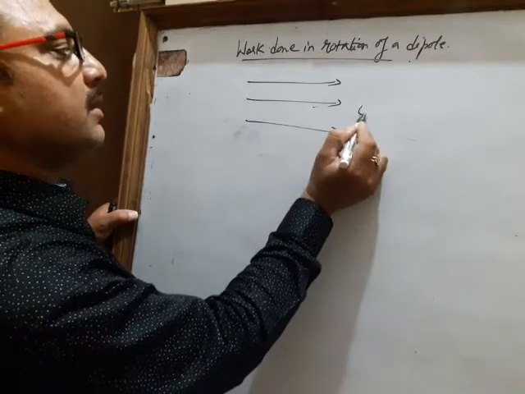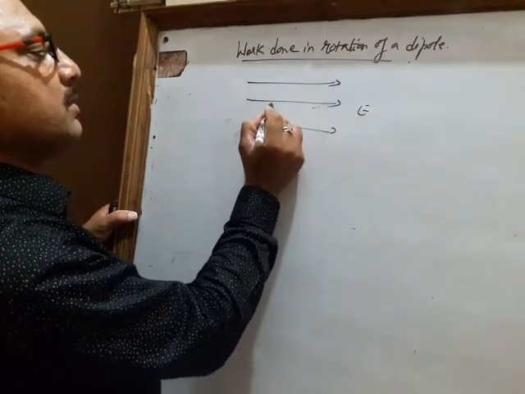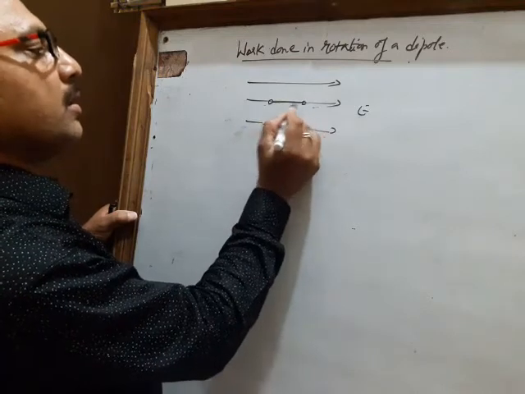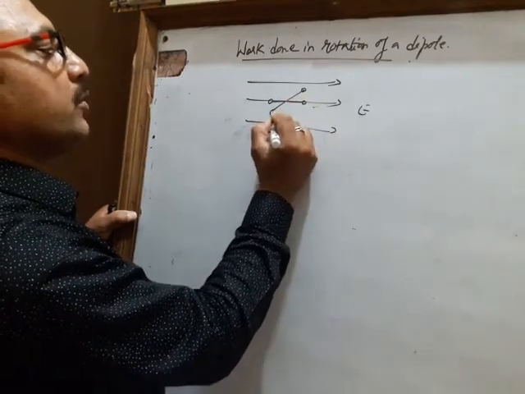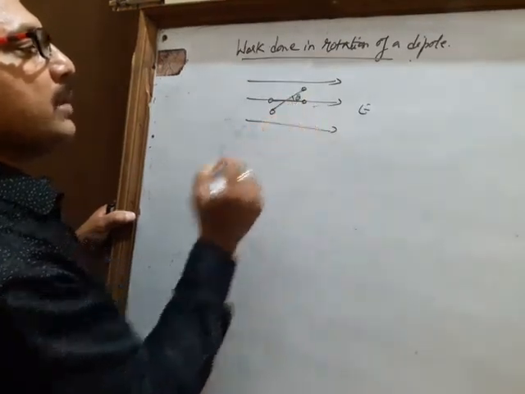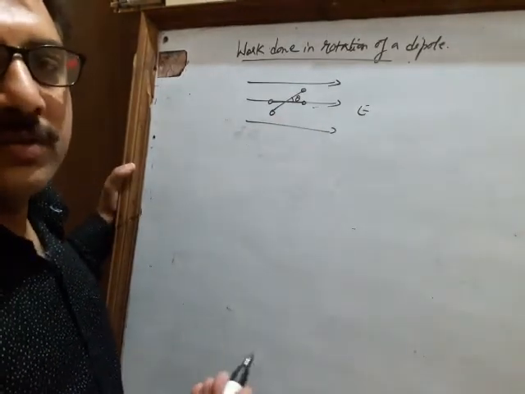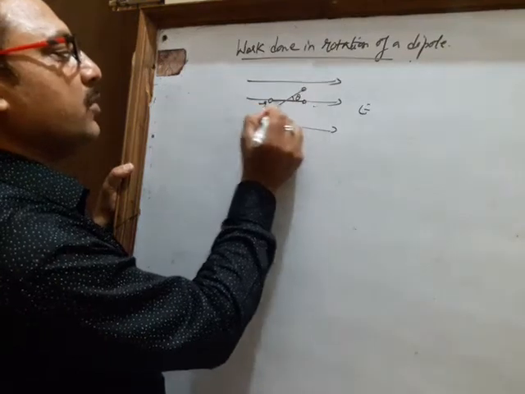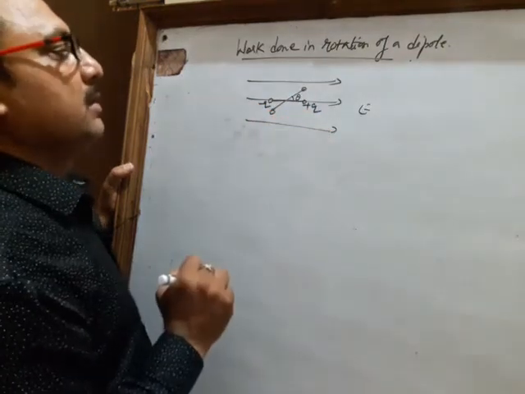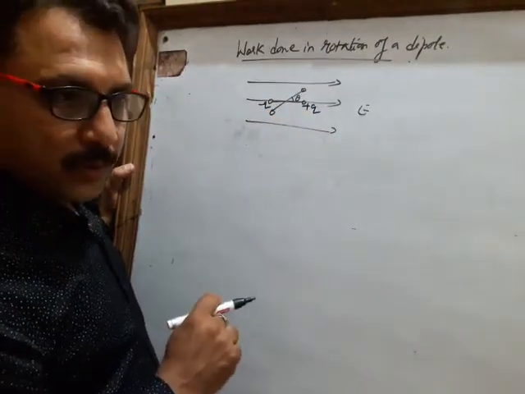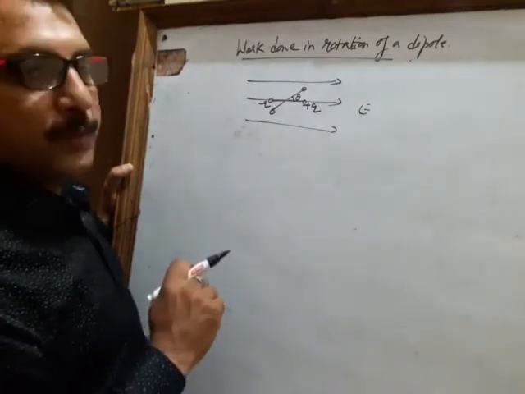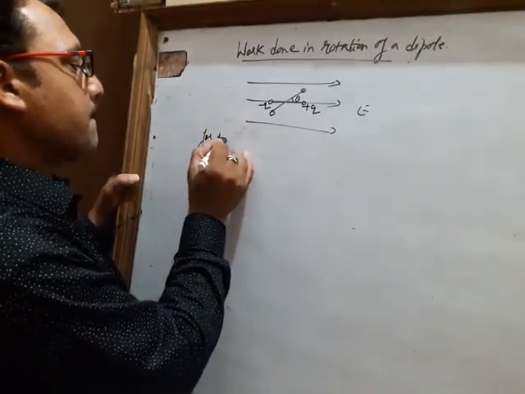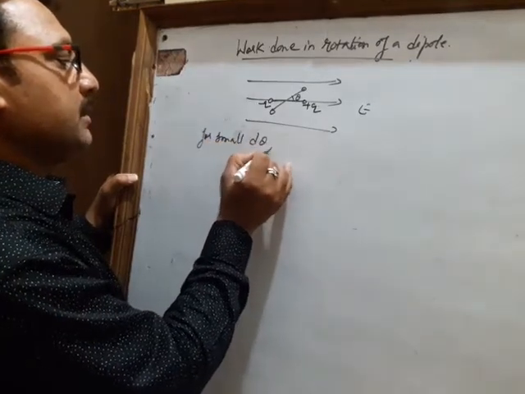So this is the field. If I say this is the dipole, and you turn the dipole like this by some angle theta, we need to do some work. So in this field, suppose this is the stable position of the dipole, and if you need to turn the dipole by some small angle d theta,